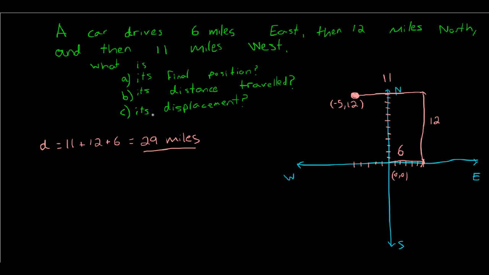So now the third part of the question is, what is the car's displacement? Well, remember that displacement is the net change in position. So the car started off here at the origin, and then it ended up here. So the net change in position is the length of this yellow line. Now, this is a little bit trickier to figure out, but we can do this by saying that the displacement vector, which we use S,